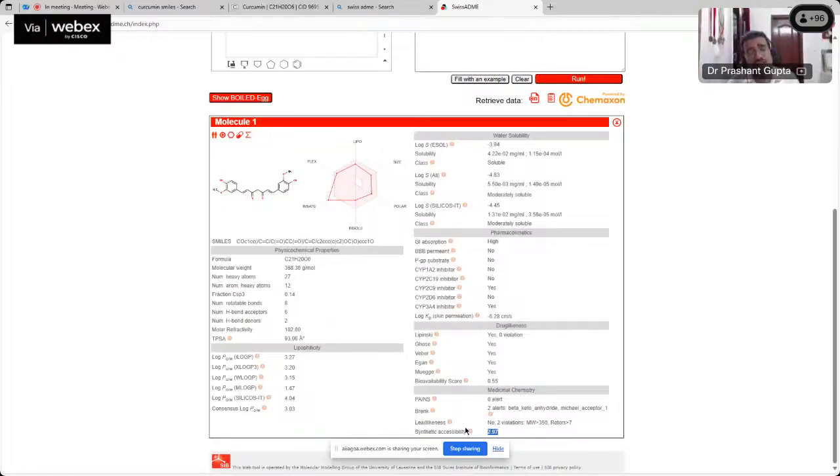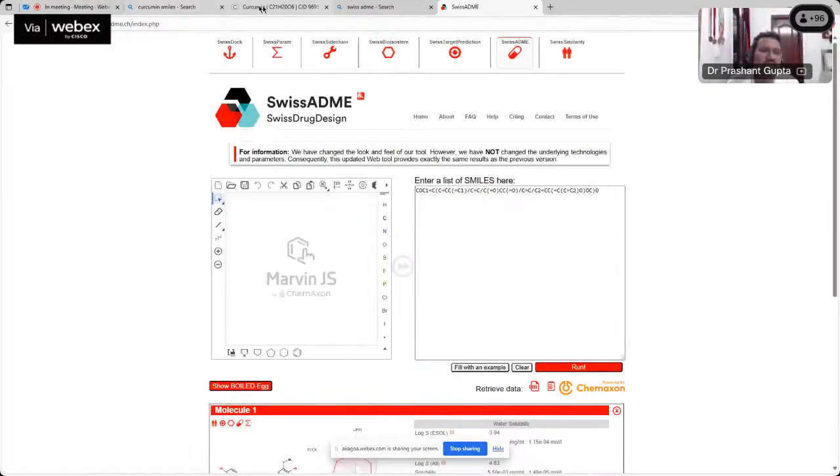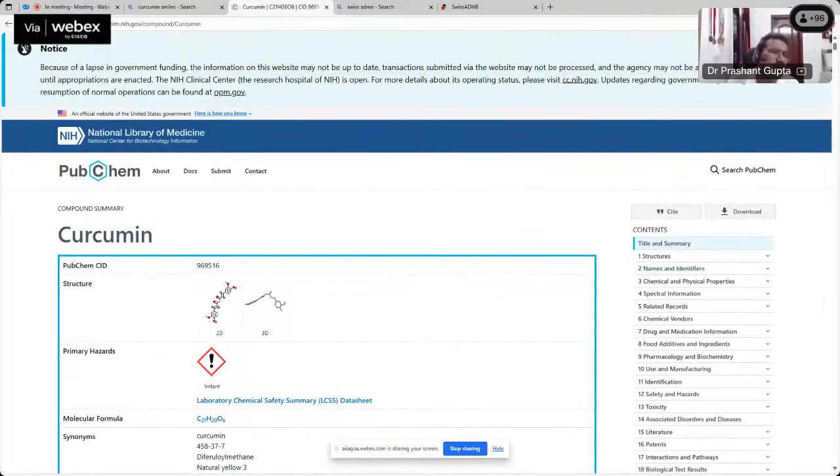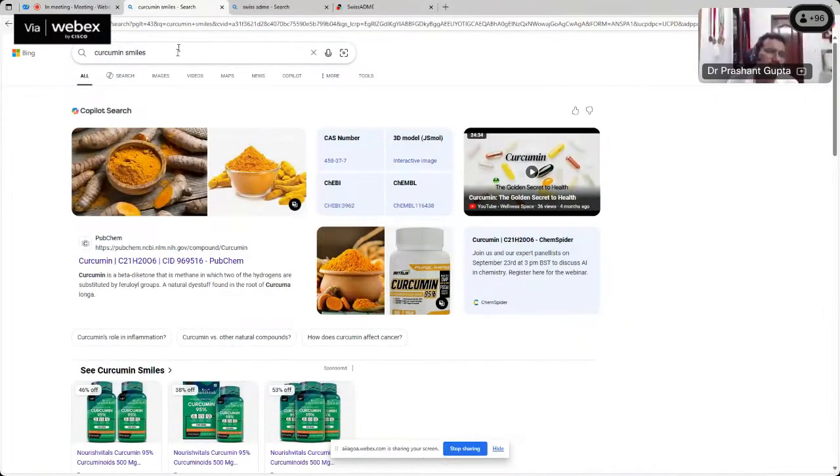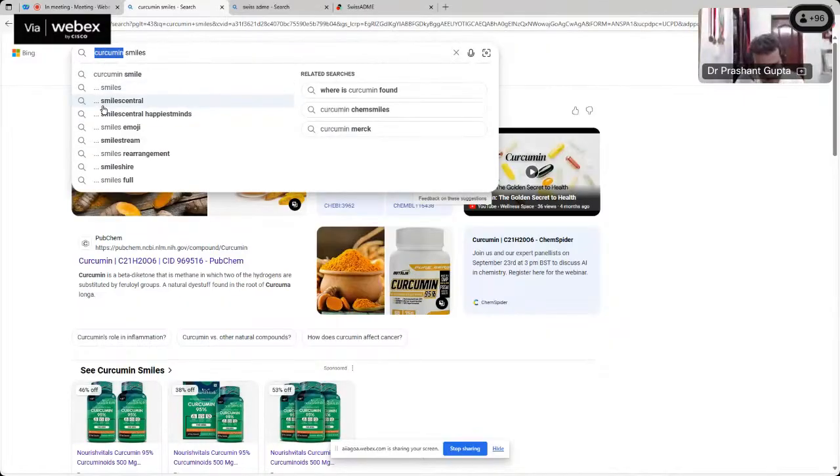If the score is 10, it is very difficult to develop in the lab or make it stable in that form. So I think it was visible, right? So SMILES, getting SMILES, let's say any other name you want to take, I can do it here. Let's say vasicine or anything, let's say quercetin,